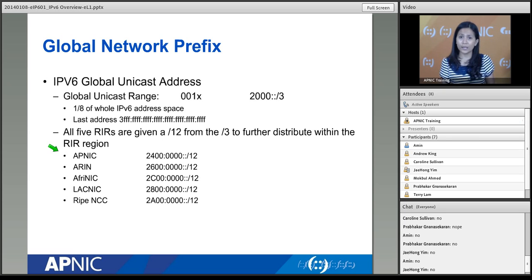So maybe when you request your IPv6 addresses from APNIC, you will probably get them from this block, 2400::/12. So you can see how big the IPv6 address space is just by looking at this. 2000::/3. So how many /12s can you get from a /3? Okay, that's already a lot. So that is 2 raised to 9, which is